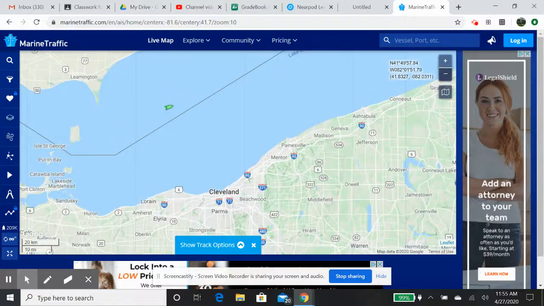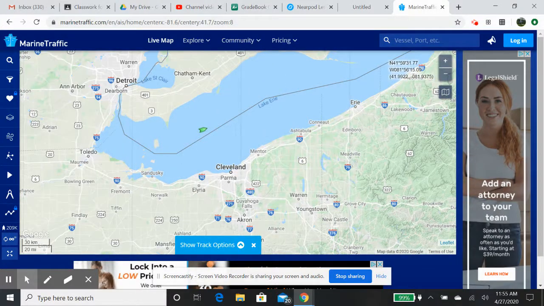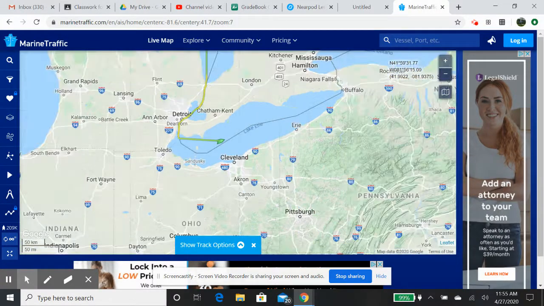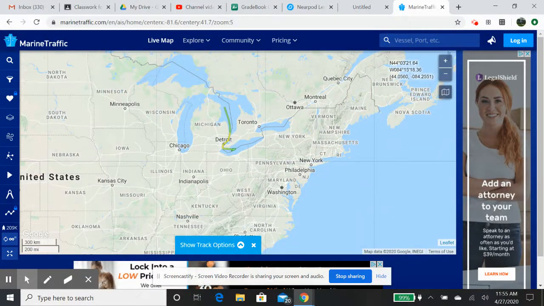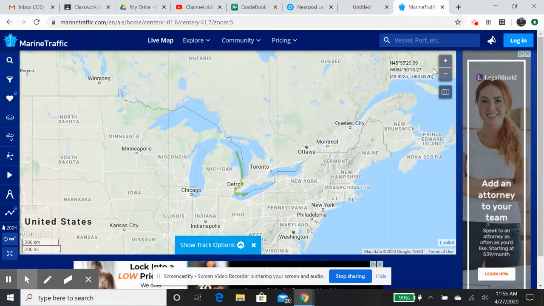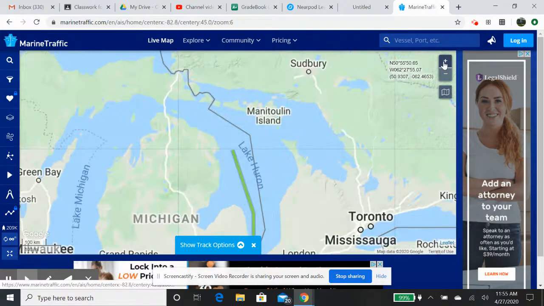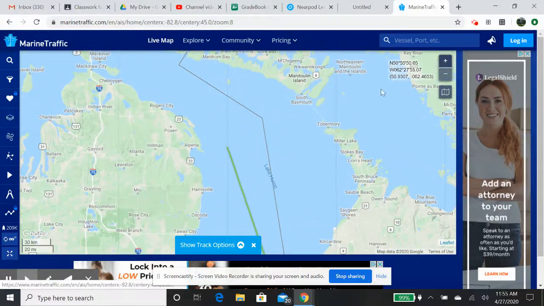And not load it. And load it. Oh, there it is. So you can see the movement of this ship. And the reason I'm showing you guys this is because